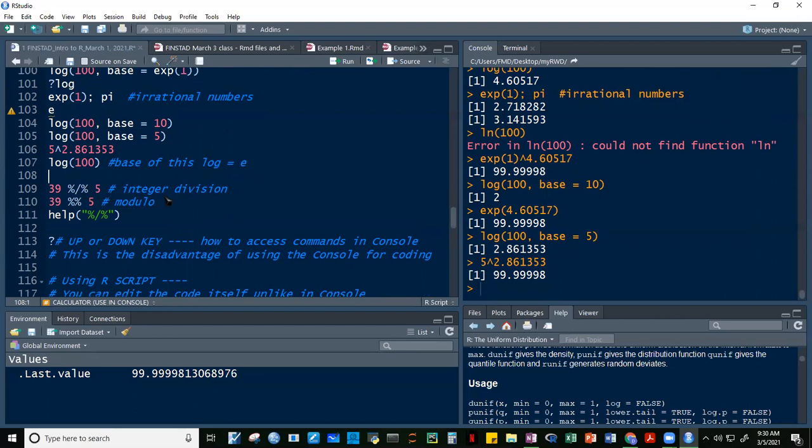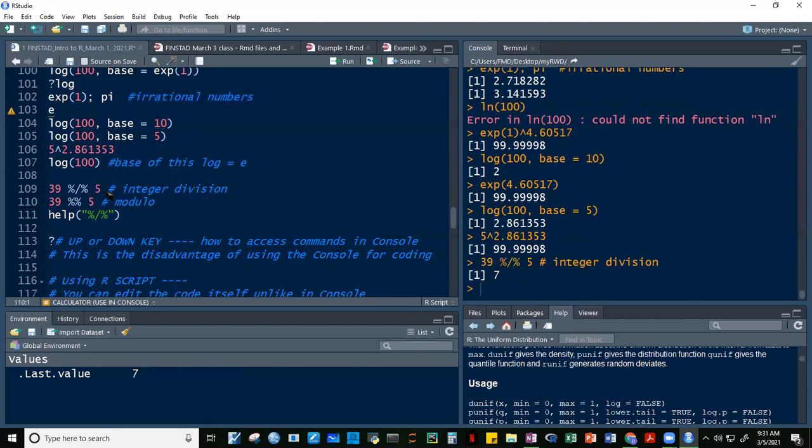This is used for integer division. This will give us the whole number answer. 39 divided by 5 is actually 7 point something, di ba? Tama, 7 point something, 7.2. So ang ibibigay lang sa atin na answer nito yung 7. Let's run this. Yan. Okay, it does not give us the